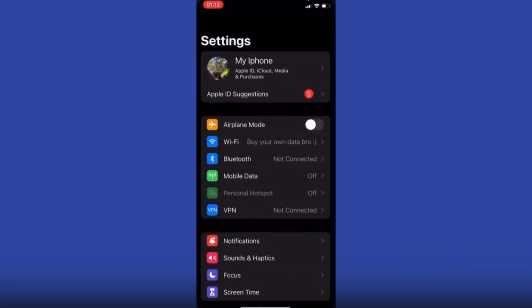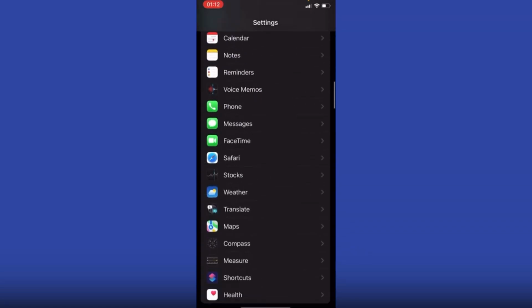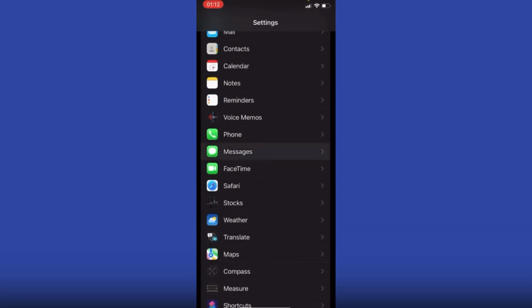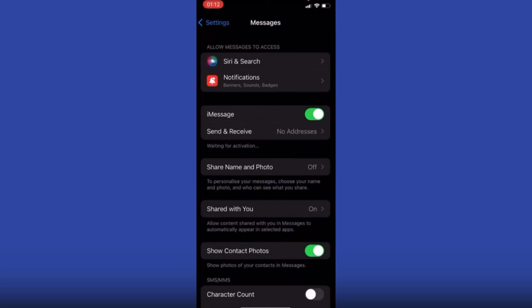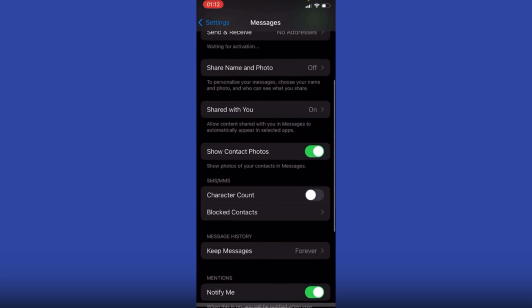So you will have to simply go to your phone settings just right here, and you will have to scroll down to the option of Messages, which is right here. And inside Messages, you will have to scroll down to the option of Blocked Contacts, which is right here. And then you will have to press on this option of Blocked Contacts, and here you will find a bunch